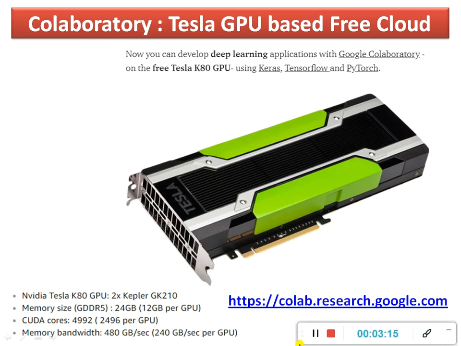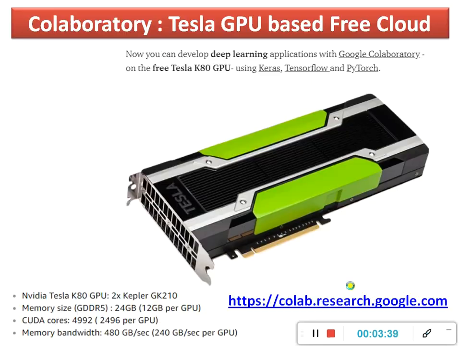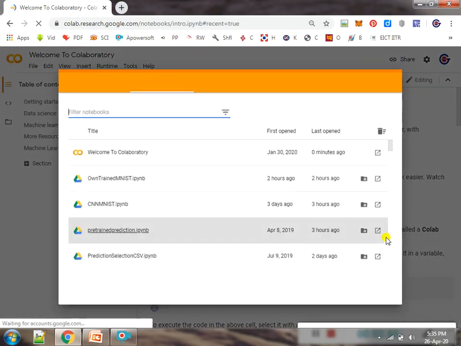Whosoever has a Gmail account or Google account can log on to Google Collaboratory. In our Google Drive, we can go to more, then connect more apps, or there is a direct method I am showing you here: simply go to colab.research.google.com.